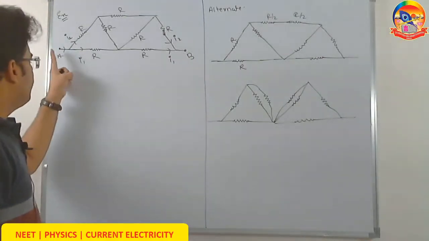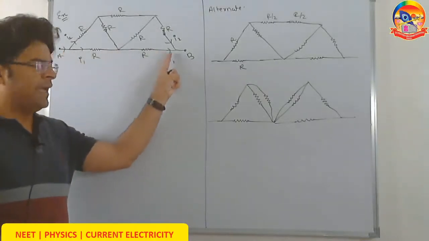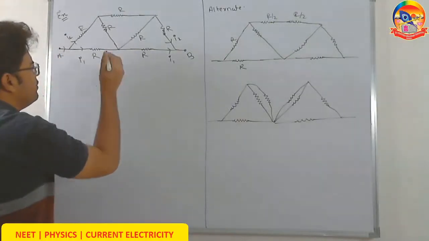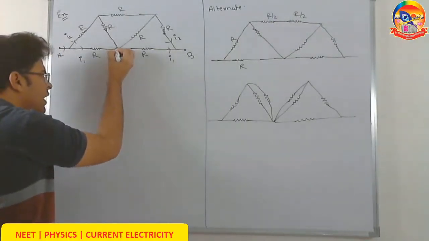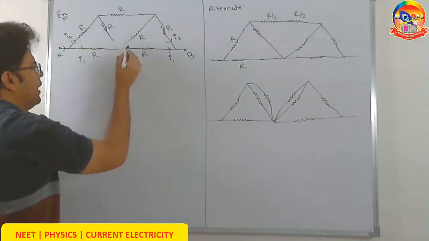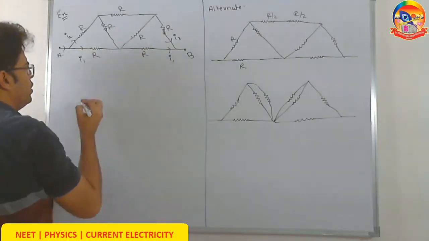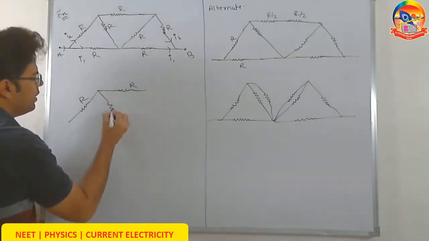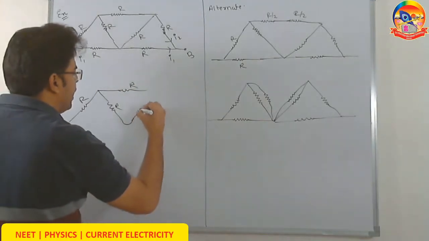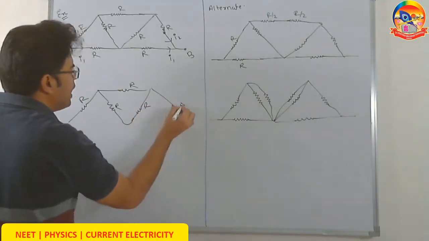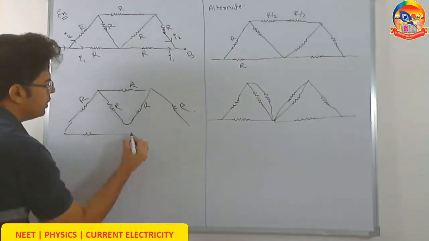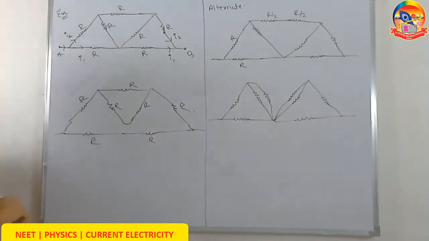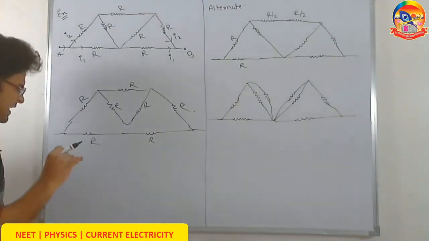I say that from here current enters I1 and here current exits I1. If the current enters I1 and exits I1, it is as if there is no current exchange between this line and this lower line. So we rethink the circuit, and think this R and this R has got no current exchange with the lower line. So since there is no current exchange at the lower line, we can break it. Once we break it, this circuit becomes easy to solve.